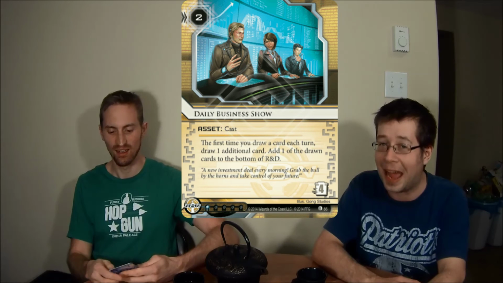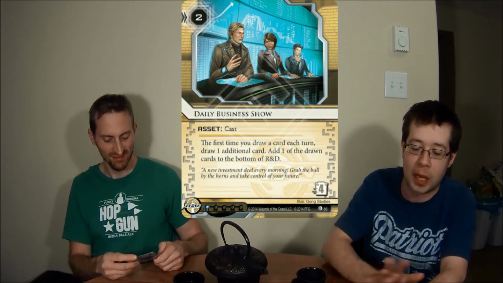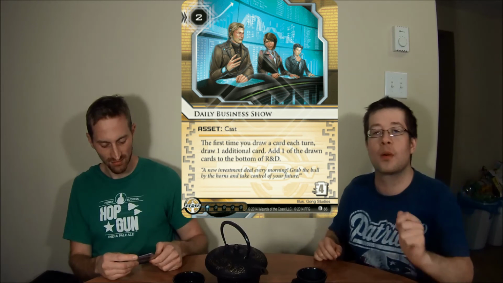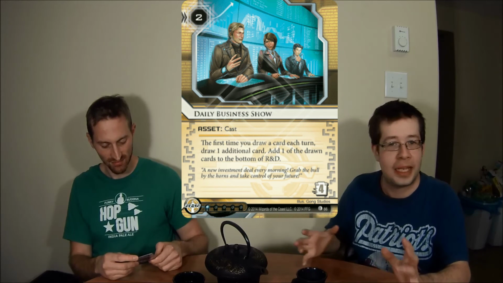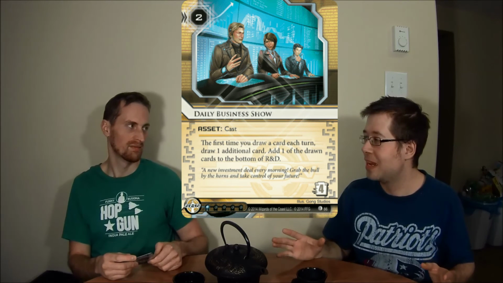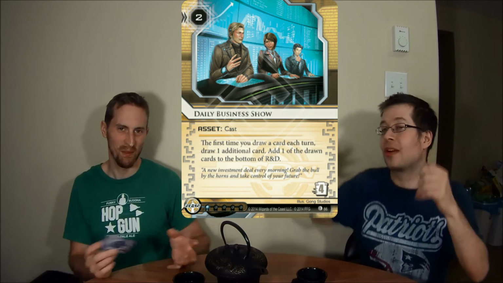Daily Business Show is a 2-cost, 4-to-trash asset. It has the text: the first time you draw a card each turn, which, spoiler alert, is your mandatory draw, draw an additional card. Add one of the drawn cards to the bottom of R&D. What is the number one problem with NEH right now? Other than the problem where it's broken, other than the problem where it's too good,